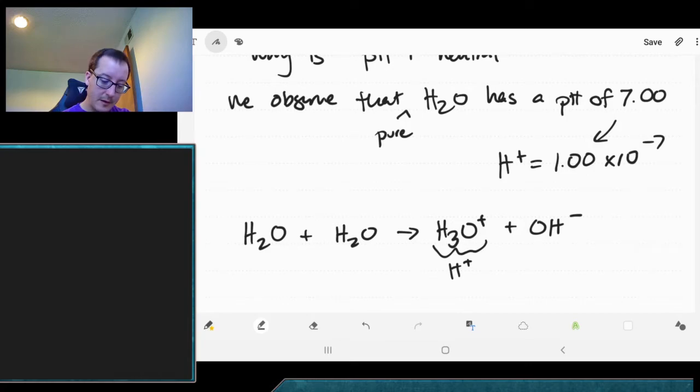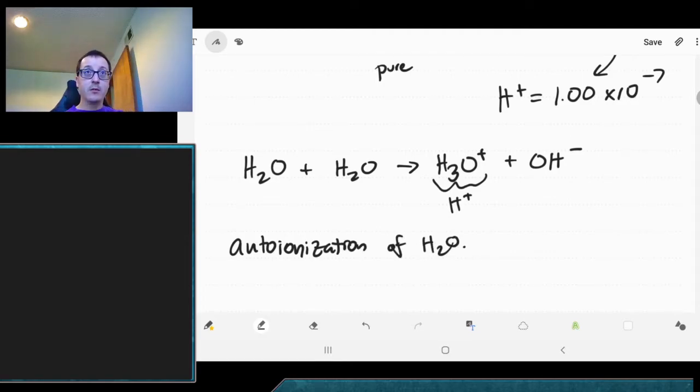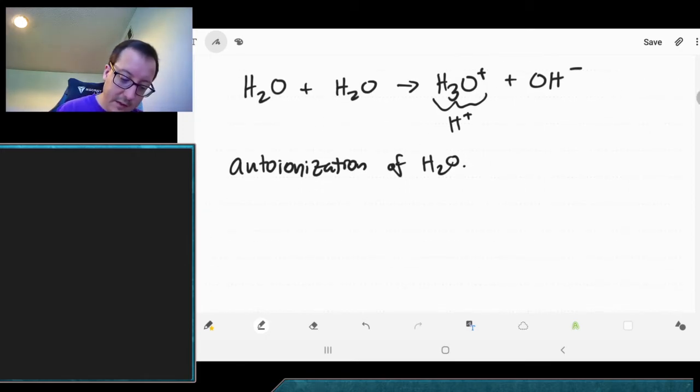And we're going to see that this is a process called the autoionization of water. It doesn't happen very often. 10 to the minus 7 is 1 out of 10 million. So if you have 10 million water molecules, one of them will have split up into ions. And so not a huge amount, but it's not zero either. And so we're going to see that because of this,